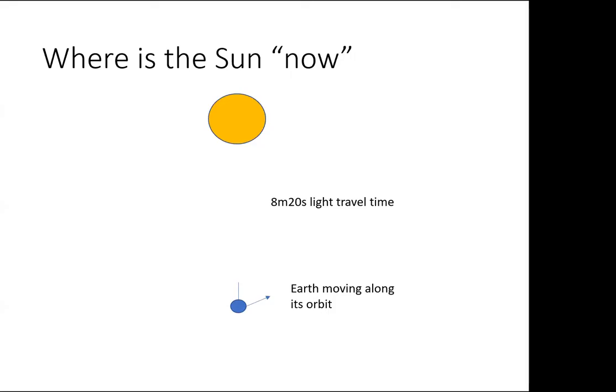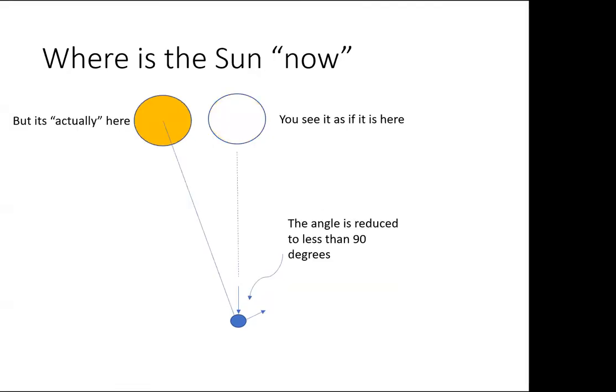But where's the sun now? Well, actually it's over there. It's at right angles to the direction of the orbit, assuming we're in a nearly circular orbit, which is what my diagram is trying to show. But you see the light as if it's come from this point here. We're going around the circular orbit here. The center of that circle is where the sun actually is. But for the light beam to have hit us, it must have traveled in this slightly diagonal fashion,